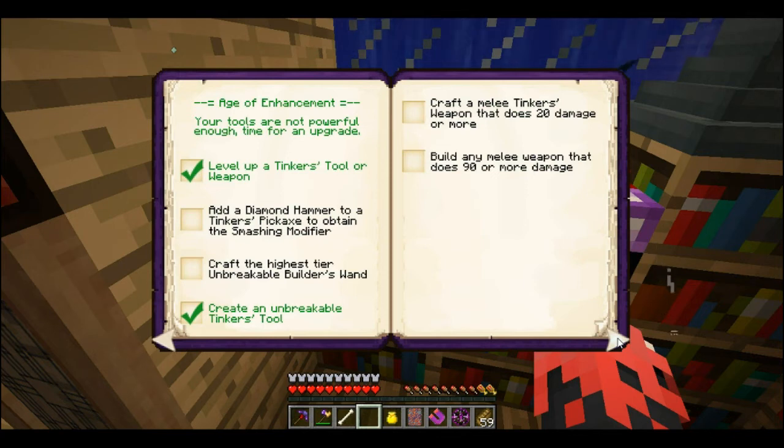Did I pass up the Tinker's Tools thing? Yeah. Craft an elite Tinker's weapon that does 20 damage or more. Done. I need to work on this as well. I think the only way to get into that is to put upgrades on my draconic